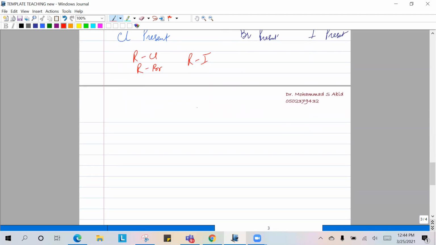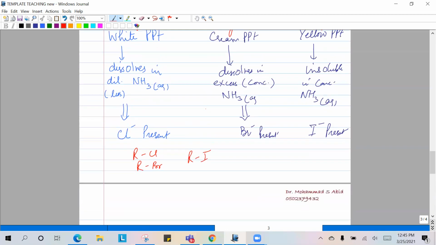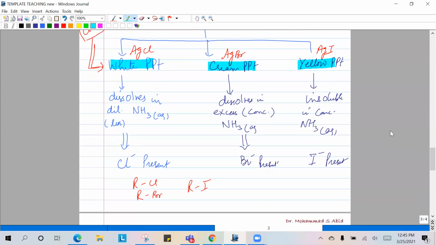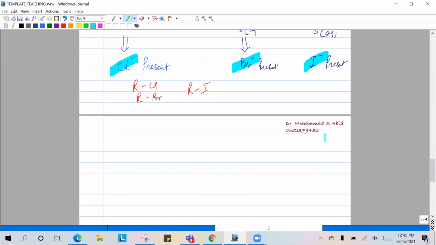This is one aspect, where you were looking at, or observing, or recording the color of the precipitate. So your aim was to identify. You were comparing the colors of the precipitate, and based on that, you were able to identify the halide. That's one aspect. Now, if I want to compare the reactivities of the chloro, bromo, iodo,